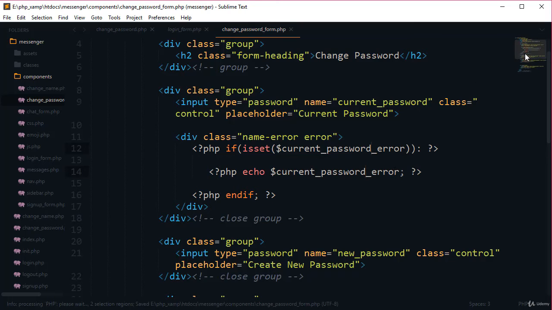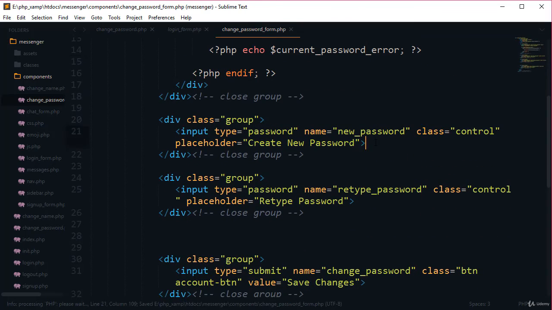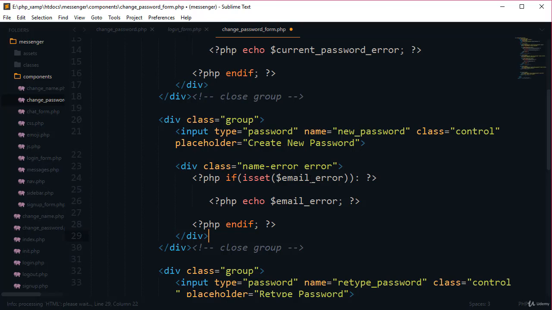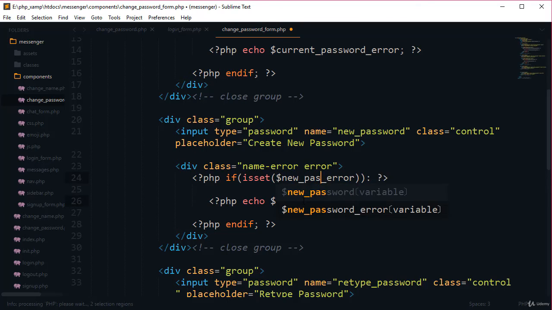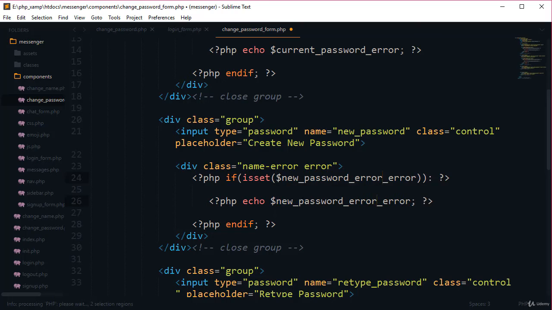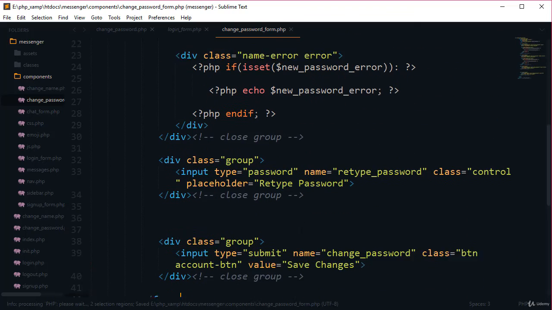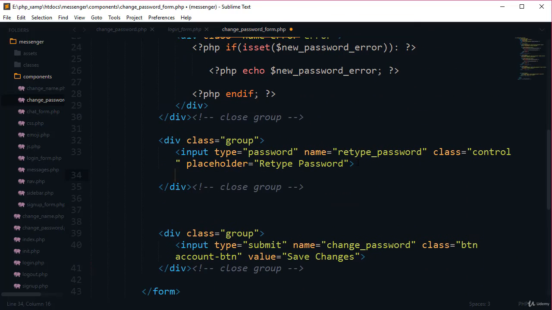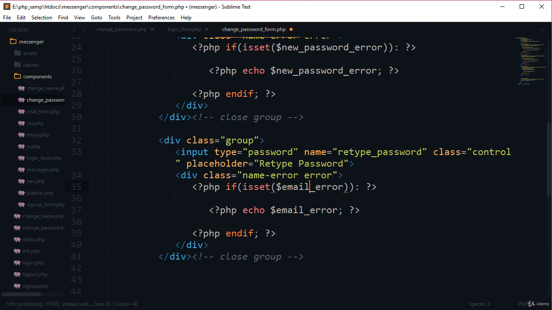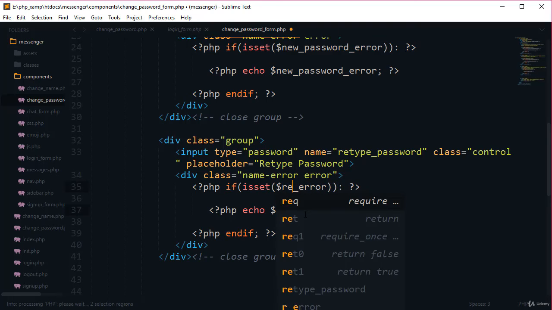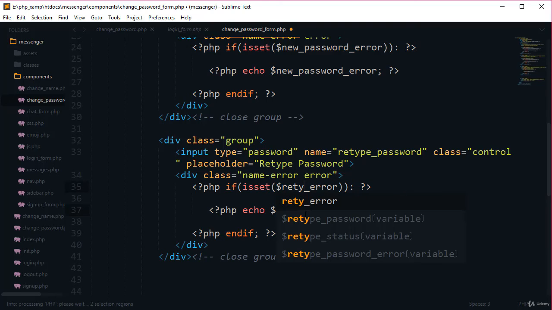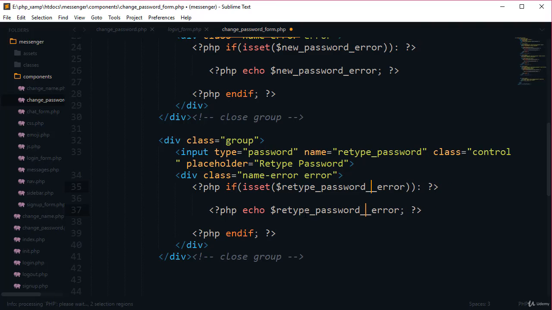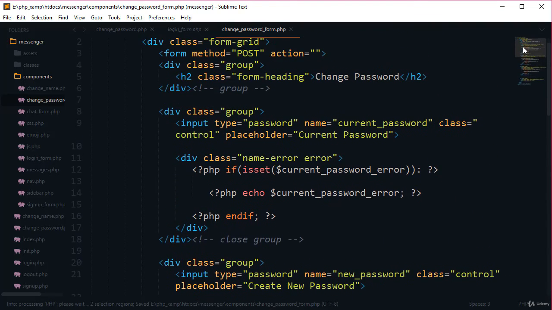Now also put the code here, and here add new password error. Perfect. Now also put the code here, and here add retype password. Perfect.